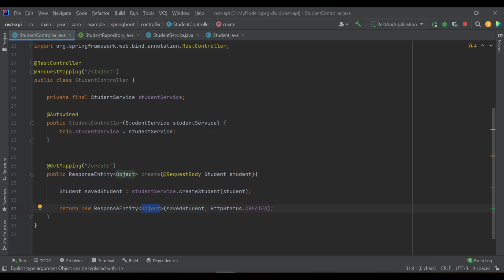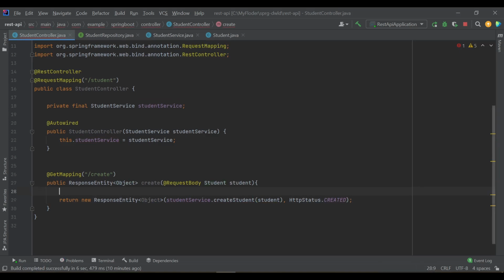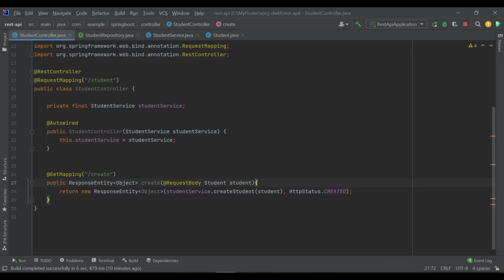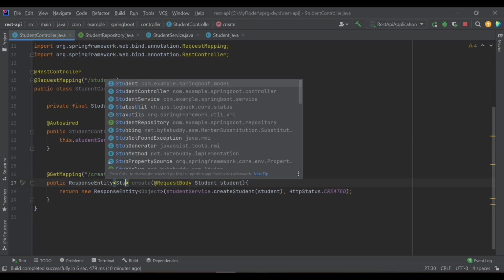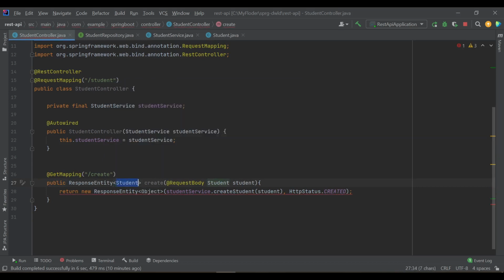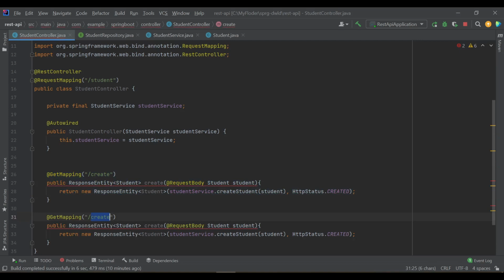Let's, or we can cut this line here, don't need this extra variable, and we will keep it as a student type for now. Later we will improve this. Okay, so our create is ready. Now we need to do the find all. So here we will keep find all,